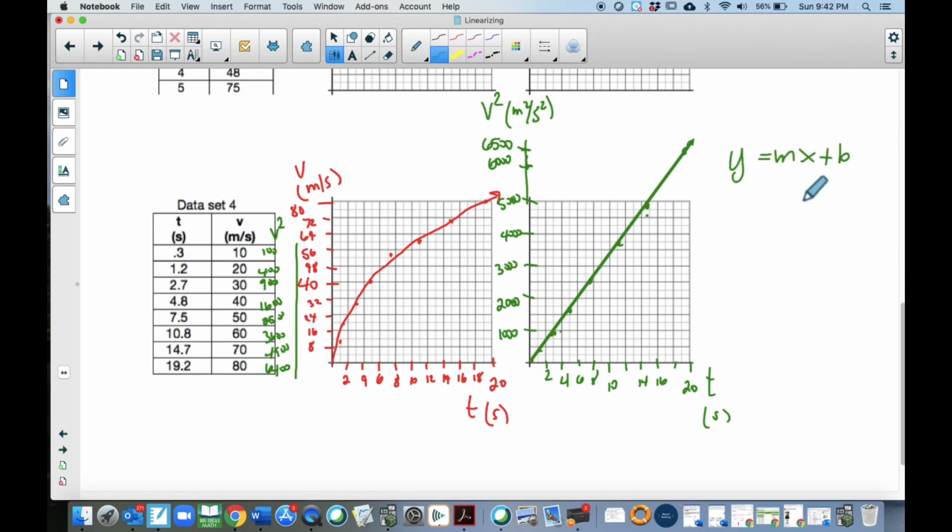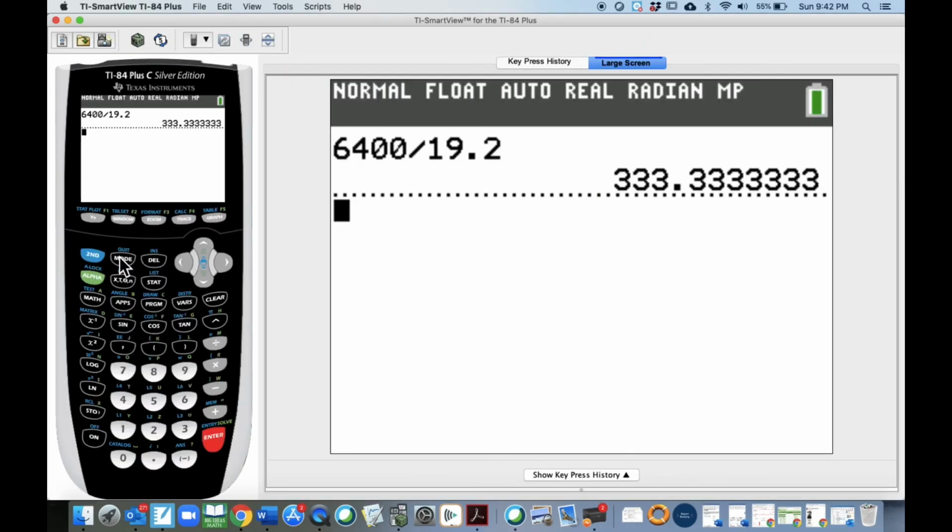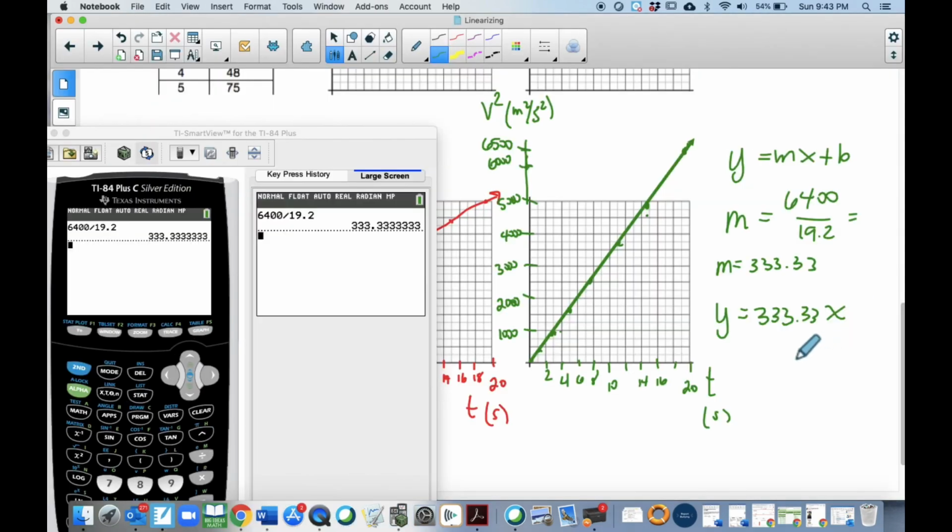Okay, we're going to start with y equals mx plus b. We're going to find our slope. We are not going to count boxes. We're going to use the numbers. The numbers, it went up to 6,400 and over 19.2. And so if I take 6,400 divided by 19.2, I get 333.3 repeating. Okay, so we get y equals